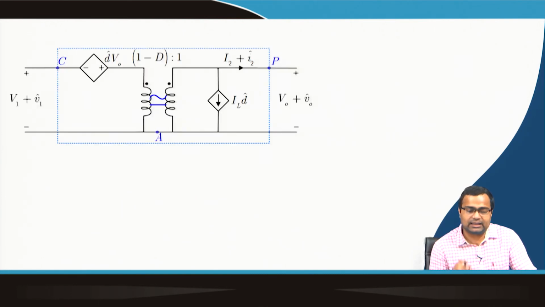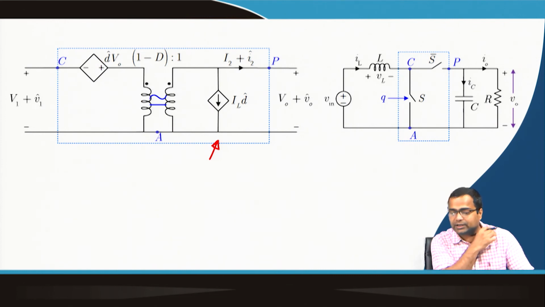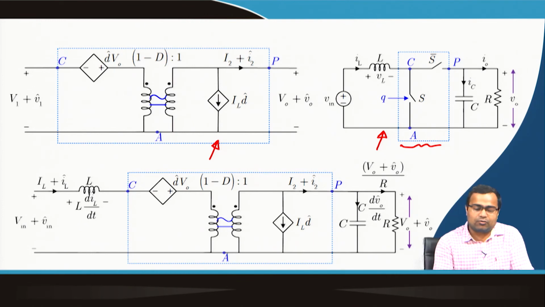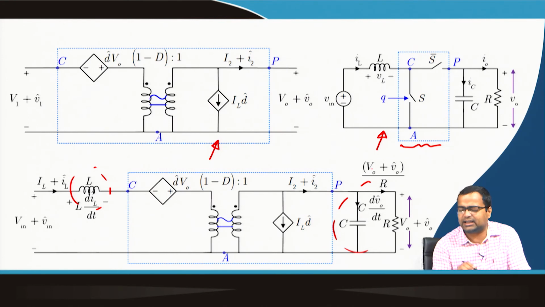Next, in the boost converter, we have obtained the equivalent switch model, the average switch model. Now, if we incorporate this average switch model into our original boost converter, the full model can be obtained, where we just plug in the inductor on the left side and the capacitor on the right side with the load. So, we will get the complete equivalent circuit of a boost converter, and this is an ideal boost converter.